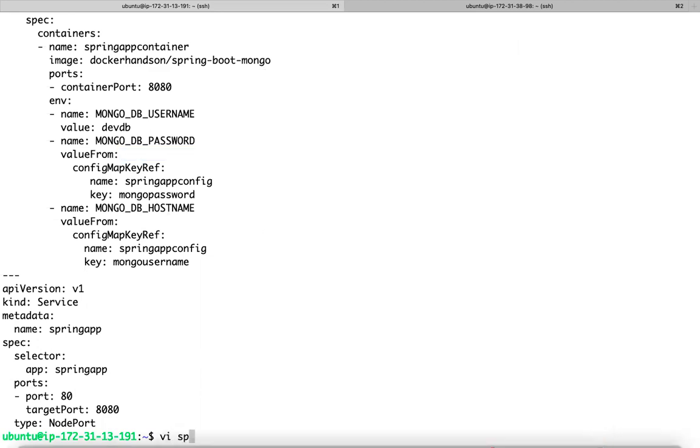So instead of a config map reference, the confidential information you can refer from a secret.